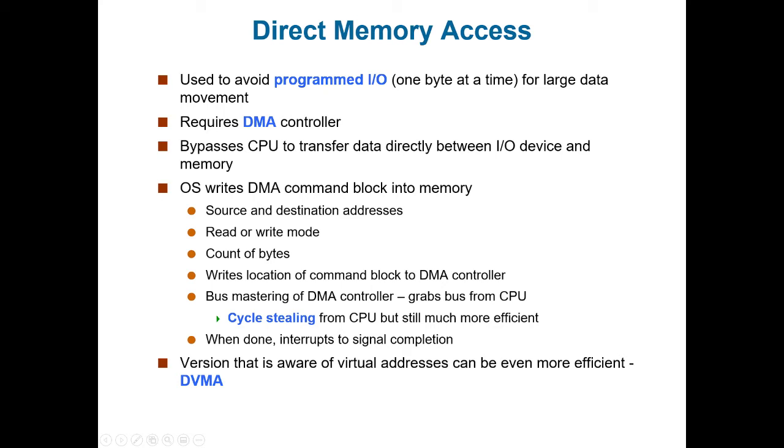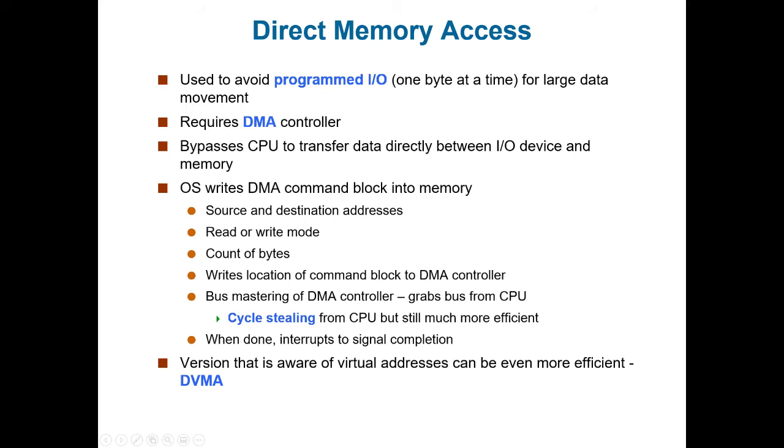DMA can be done in terms of either physical addresses or virtual addresses that are mapped to physical addresses. The latter approach is known as direct virtual memory access, and allows direct data transfer from one memory-mapped device to another, without using the main memory chips. Direct DMA access by user processes can speed up operations but is generally forbidden by modern systems for security and